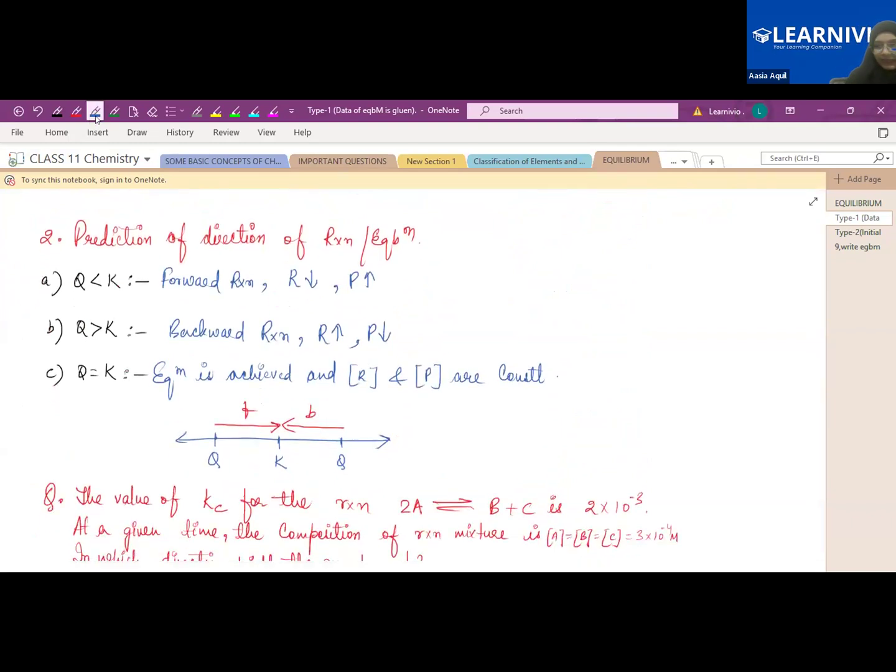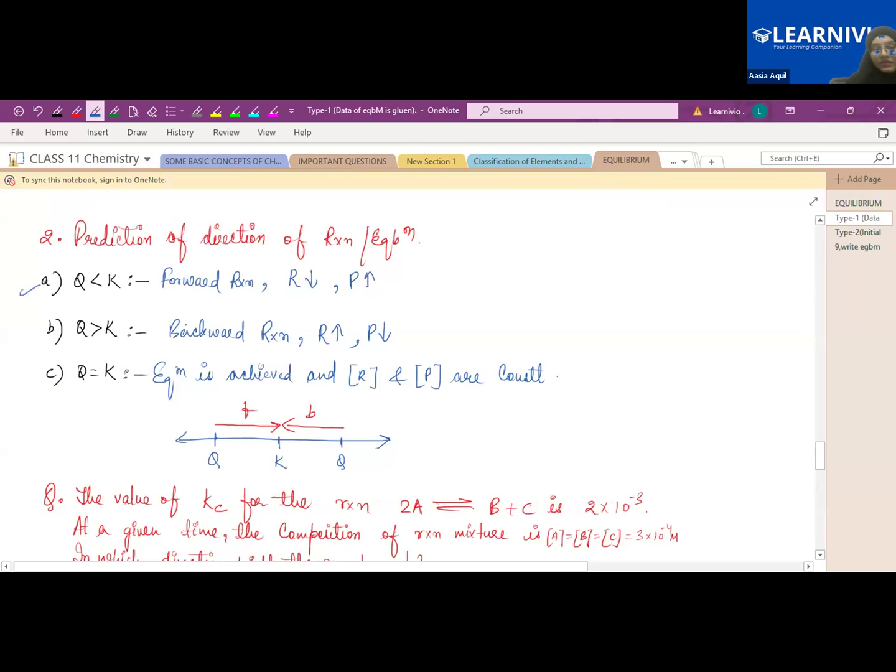Now, second application. We are just doing the applications. The first application was that it helps in the prediction of extent of reaction. Second, it will help you to predict the direction of reaction or equilibrium. Suppose we have